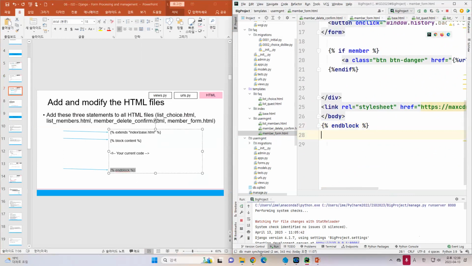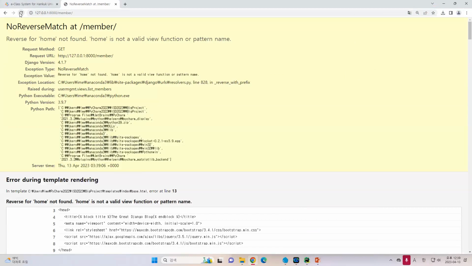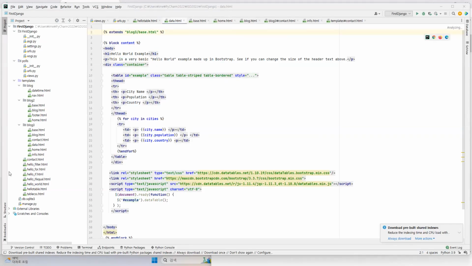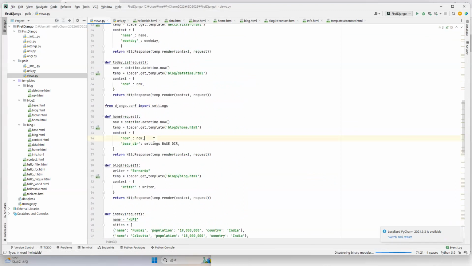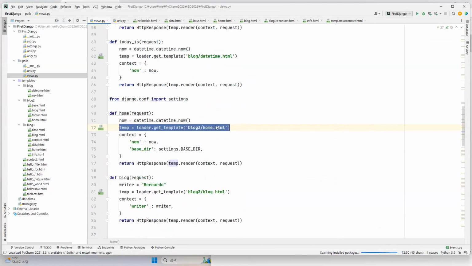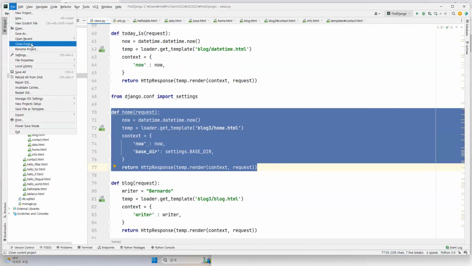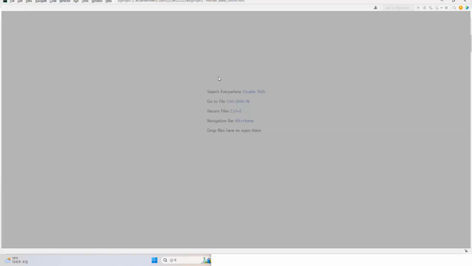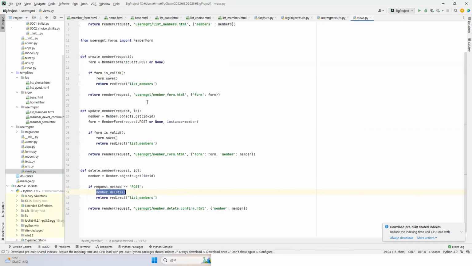Okay. So if I refresh this member, yes, this one. I forgot to put the home. So the previous one in the views.py, when we go to home, we just connect like this with the get template. Okay, I will just use this one for the big project. And then I will make it in the views.py in the user mgmt. And then I will make a new